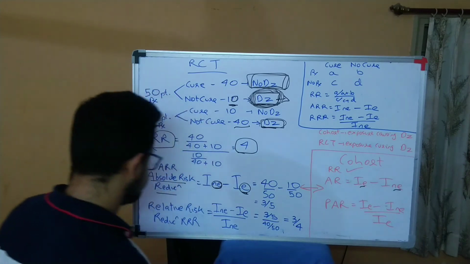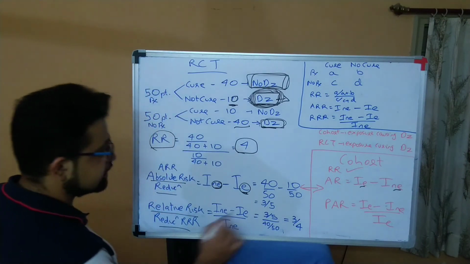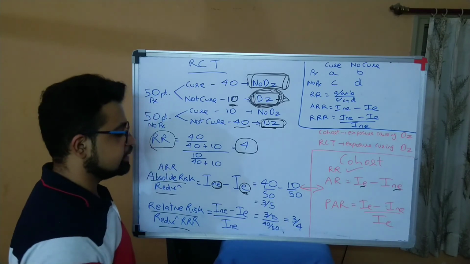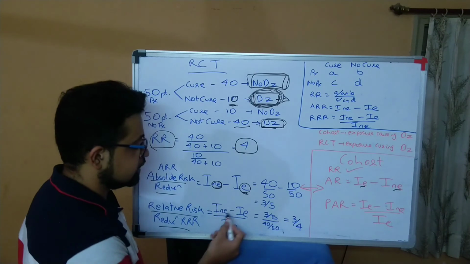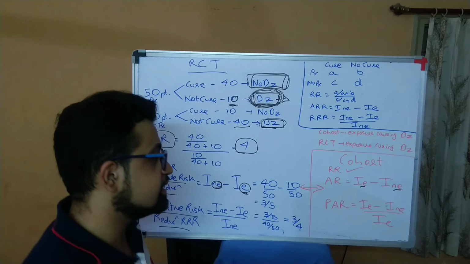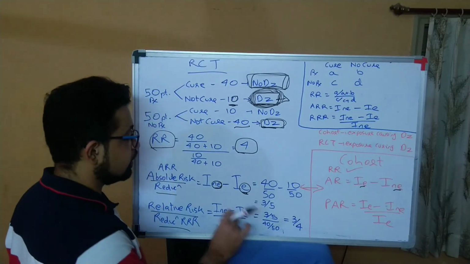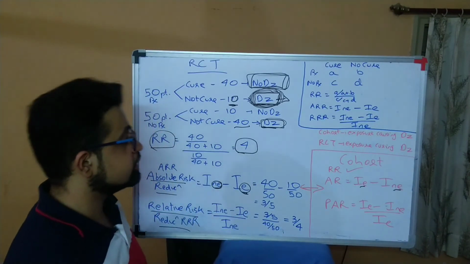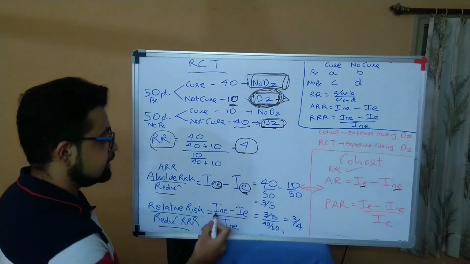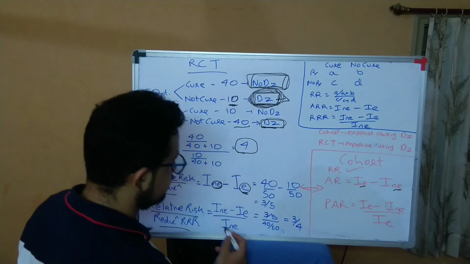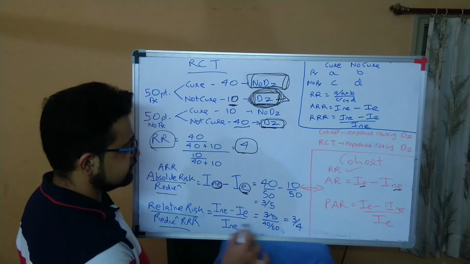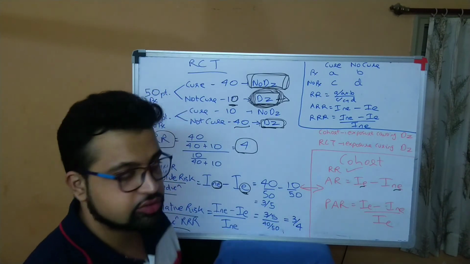Making sense? Maths. Okay. Now what is relative risk reduction? As we discussed in cohort, it is out of the proportion. Tell me the proportion, how much it decreased. So that's why it is incidence in non-exposed minus incidence in exposed divided by incidence in non-exposed. It would be more in people who are not exposed. Incidence would be more because we are considering the disease remaining at the end of the study. So this was 3 by 5 as you already calculated, and incidence in non-exposed is 40 by 50. Answer turns out to be 3 by 4.